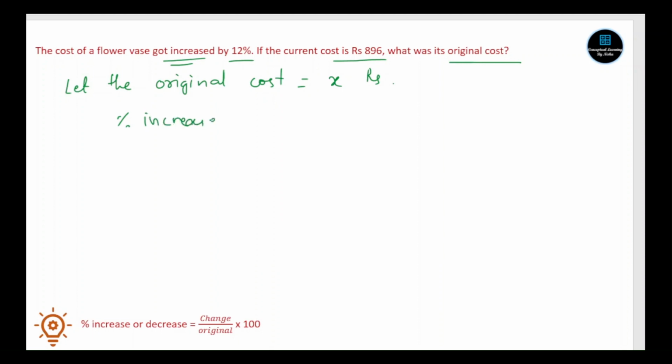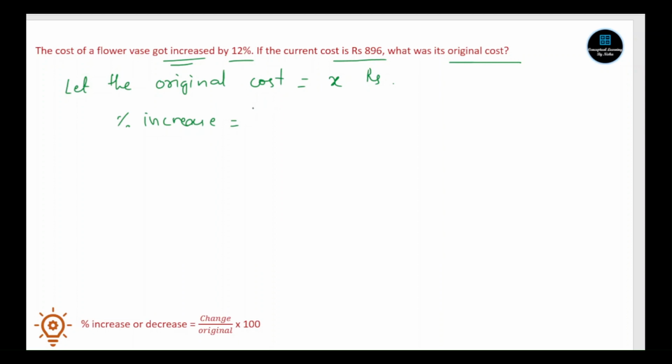Now, the cost of a flower vase got increased by 12%. If the current cost is 896, find the original cost. Easy. So what to find? The original cost. So let the original cost be X rupees. Alright. Now percent increase is given. So percent increase is equal to